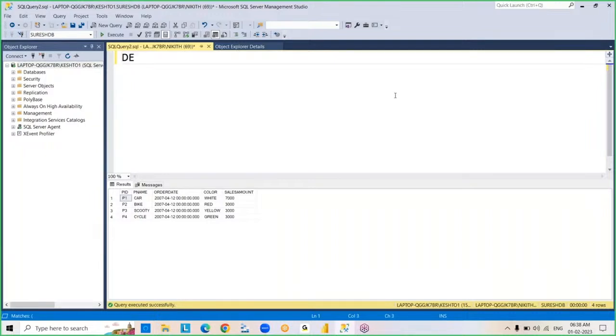So next command is delete. Used to delete the data from the table. See, we already worked with truncate, right? Then what is the truncate command? In DDL commands we worked with truncate, right? Truncate is also used to delete data from the table only. But the difference is